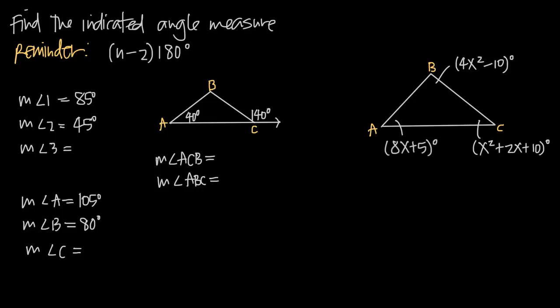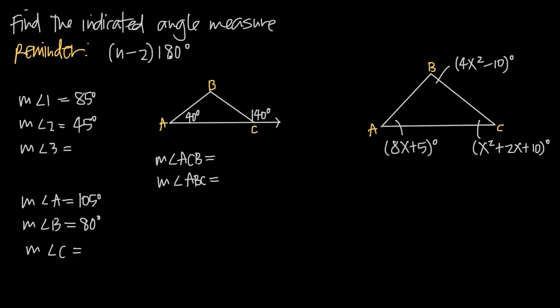In this video, we're going to be talking about the interior angle measures of triangles. And even though in this video we're going to focus specifically on triangles, the lesson here is that this is really going to apply to any polygon that we have, because the formula that we're going to be focusing on is this formula here, quantity n minus 2 times 180 degrees, which tells us the total number of degrees inside of a polygon. So all we have to do is plug in for n the number of sides of our